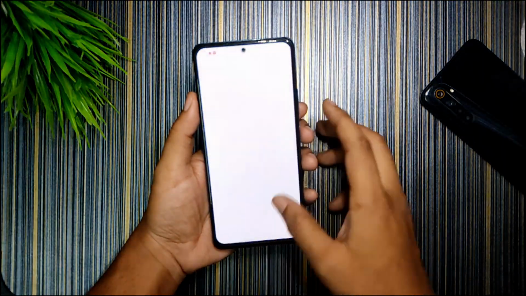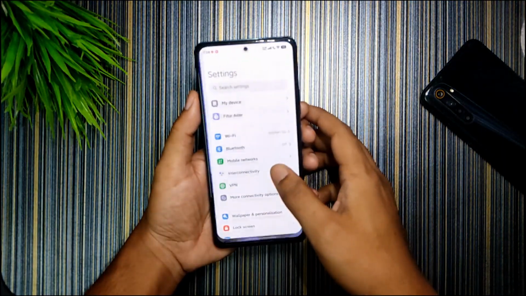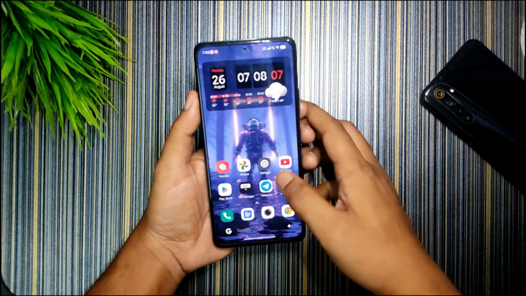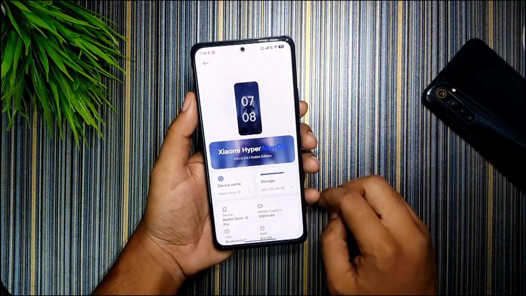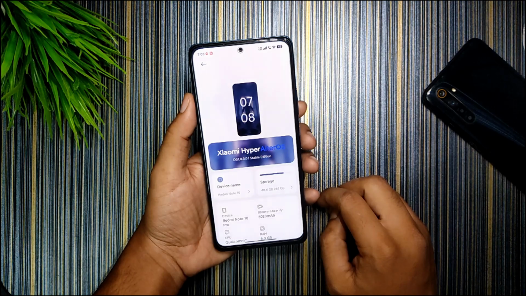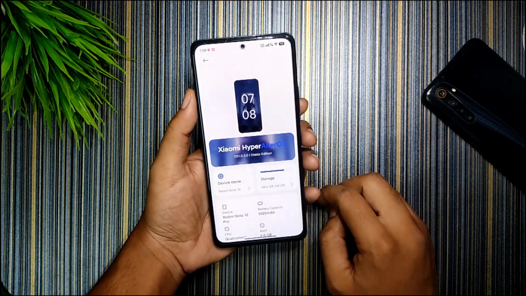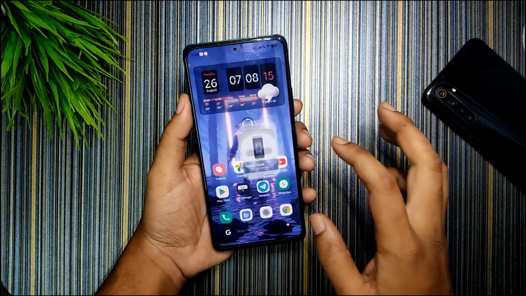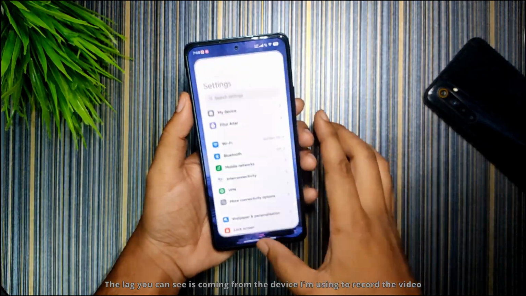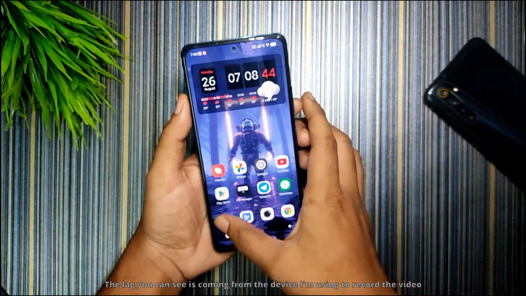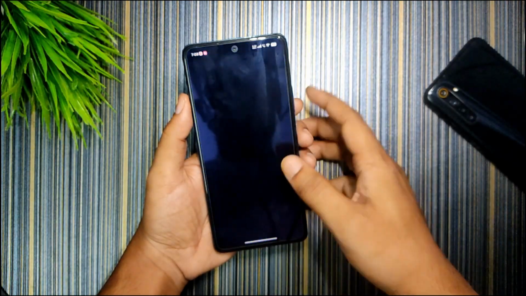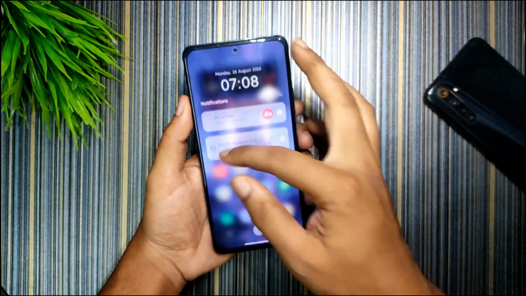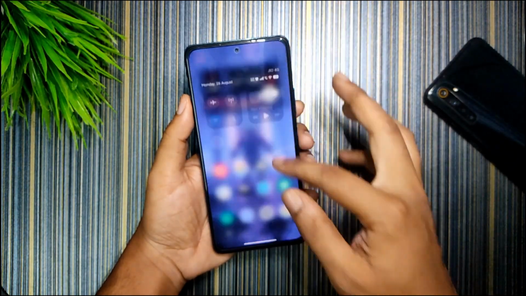Probably the smoothest HyperOS build for Redmi Note 10 Pro and Pro Max based on Android 13. Today I am going to review the Xiaomi HyperAiter OS version 1.0.3.0 stable edition for Redmi Note 10 Pro and Pro Max, and this is probably the smoothest HyperOS for Redmi Note 10 Pro and Pro Max. As you can see in the smoothness, there is no jitters in the animations,